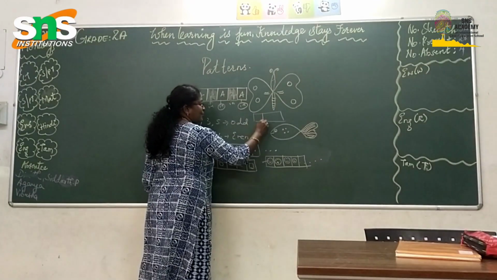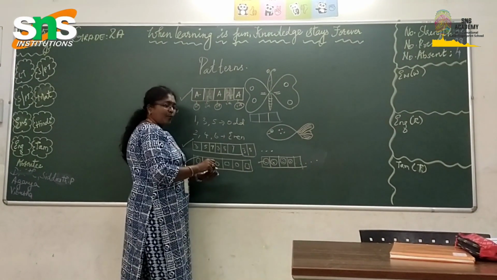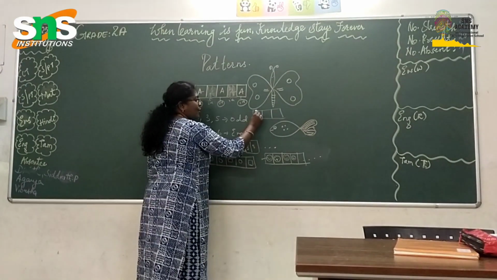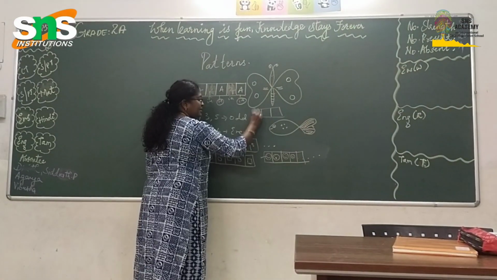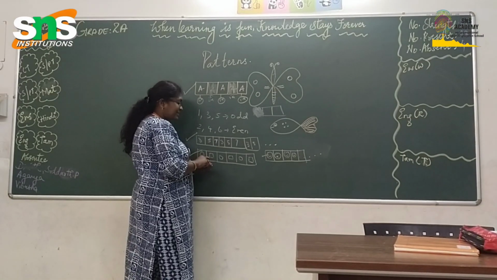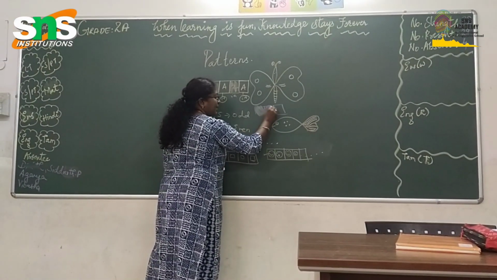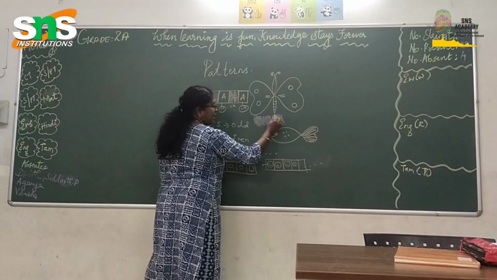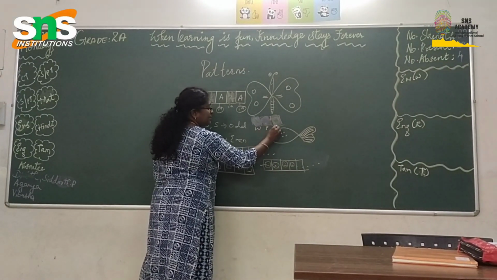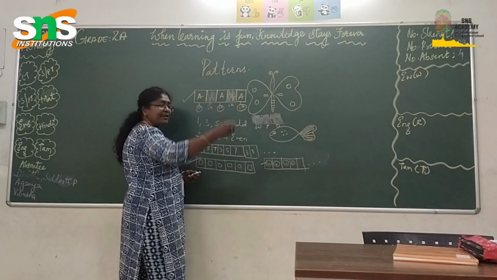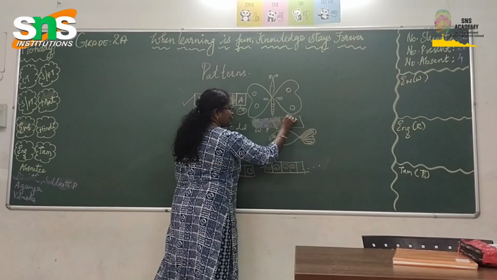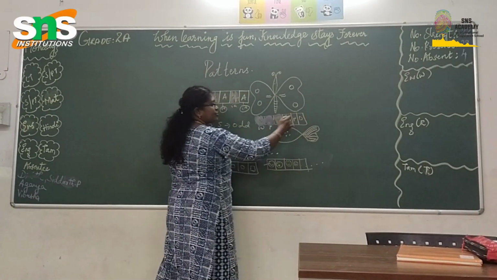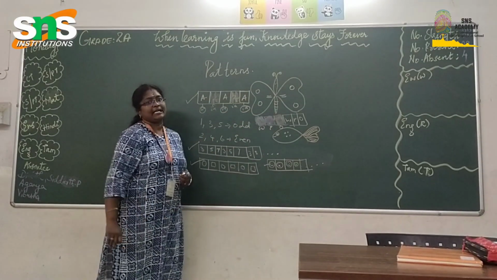Say I have taken a small box and I have drawn 3. Now I am going to use 3 different colors in it. First box I am going to cover with white, second box with purple, and third box with orange. So this is white and this is purple and this is orange. The next repetitions will be white, purple, and orange. So it goes on and on, it continues.